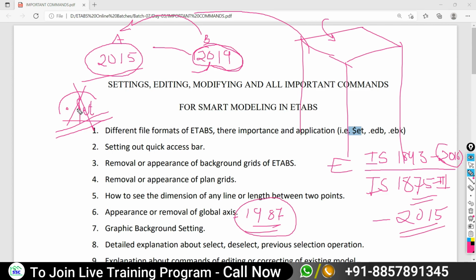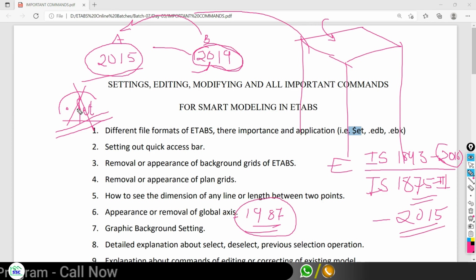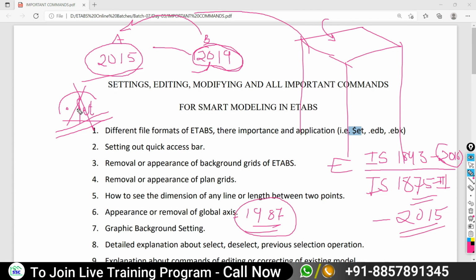So it is the .et file if the version difference is there. Is that all okay? What will happen after opening of the file has also been explained. So this is about the loading, and some commands will also not be there between these two versions, so you need to look at that too.